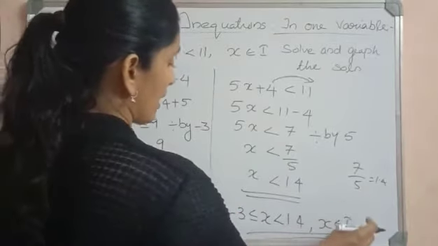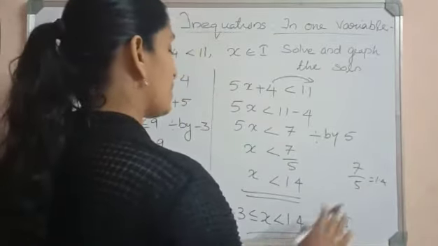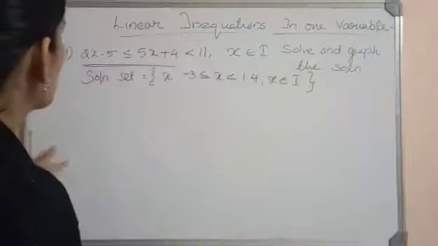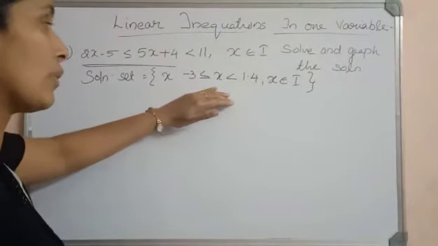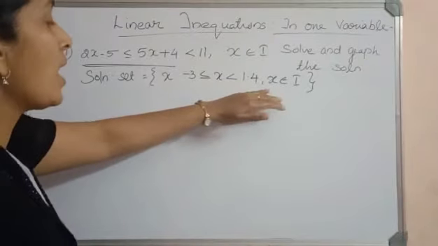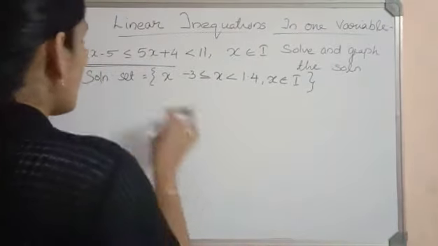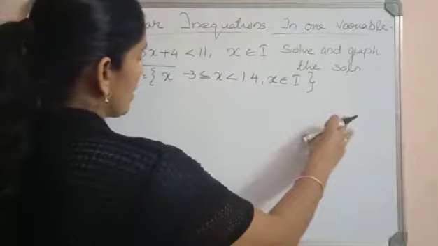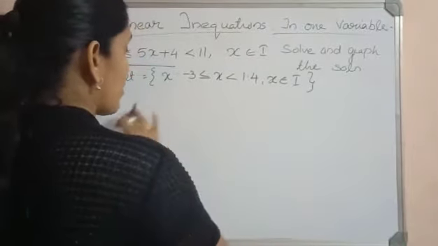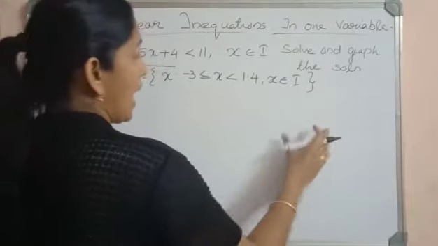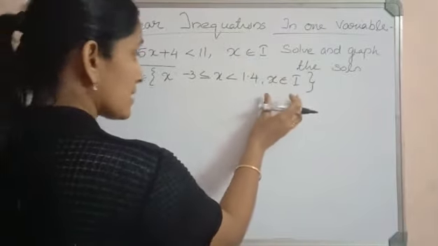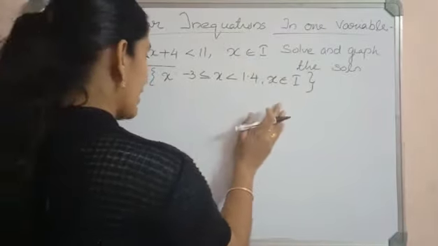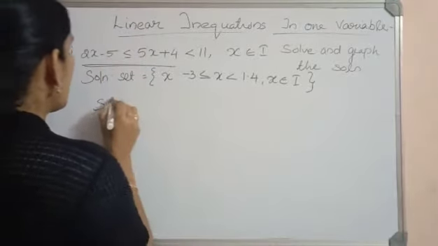Whether it is given x belongs to I or Z, both represent the set of integers. So the solution set is the set of all x such that minus 3 less than or equal to x less than 1.4 and x belongs to I. Now let us represent this on the number line. Before that we need to write the solution in roster form since x belongs to the set of integers. So the solution set will be